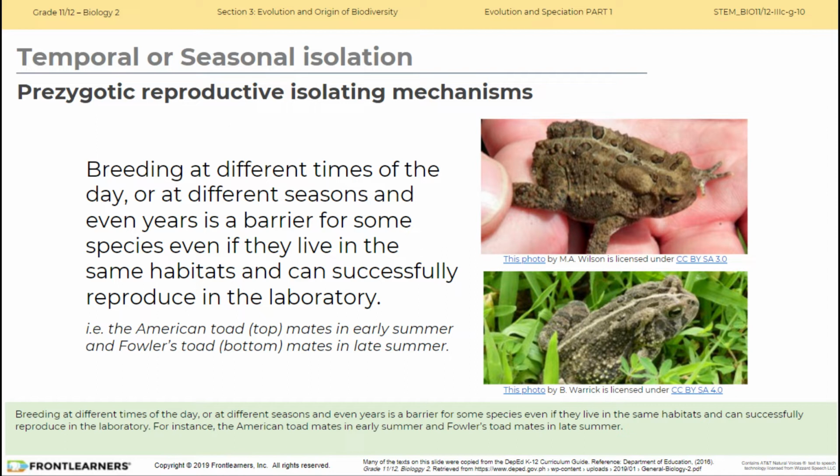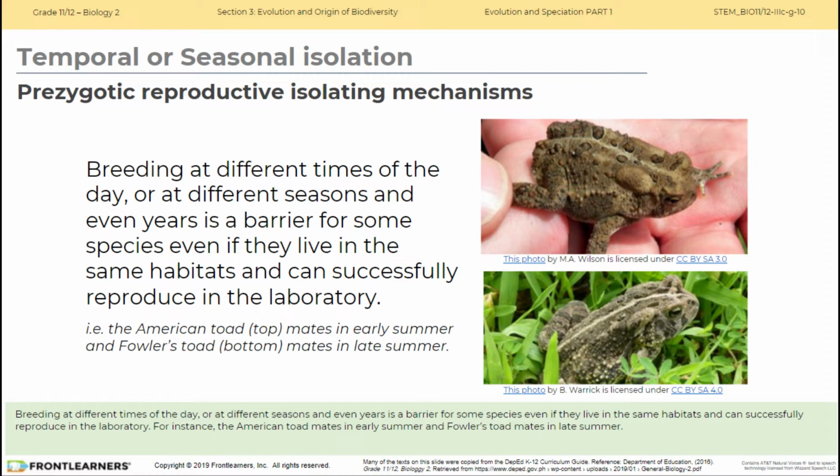So, sabi, breeding at different times of the day or at different seasons and even years is a barrier for some species, even if they live in the same habitats and can successfully reproduce in the laboratory. So in the picture, we have in the top, American Toad. Yan, meets in early summer, and Fowler's Toad at the bottom meets in late summer. So, yun nga, hindi sila magkapareha ng